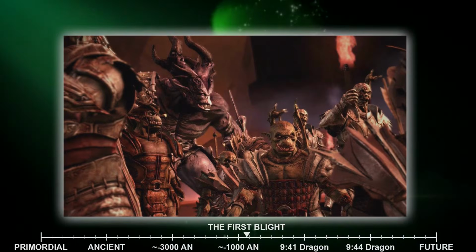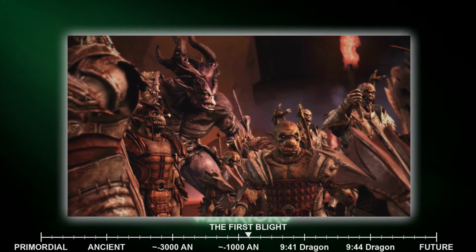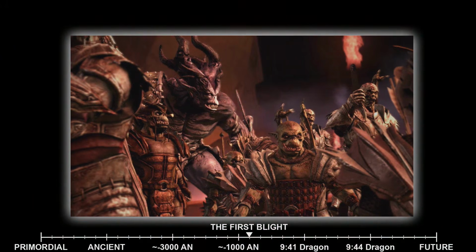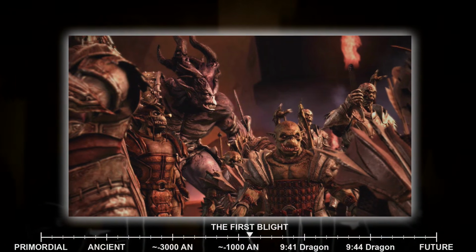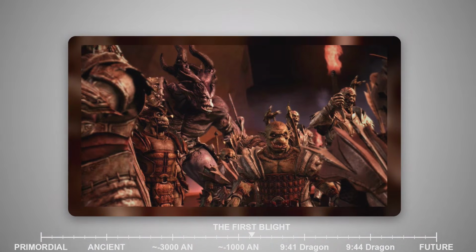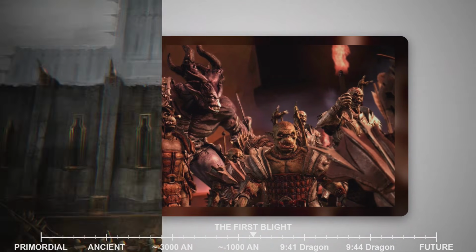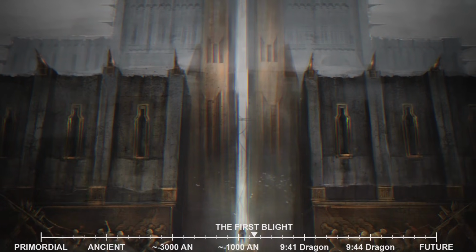The dwarves, despite their legendary skill in combat and their intimate knowledge of the Deep Roads, found themselves overwhelmed. This was not a war they could win through superior tactics or better weapons. The Darkspawn simply kept coming, wave after wave, and every fallen dwarf might rise again as a corrupted mockery of what they had been. The losses to the Dwarven Empire were staggering beyond measure.